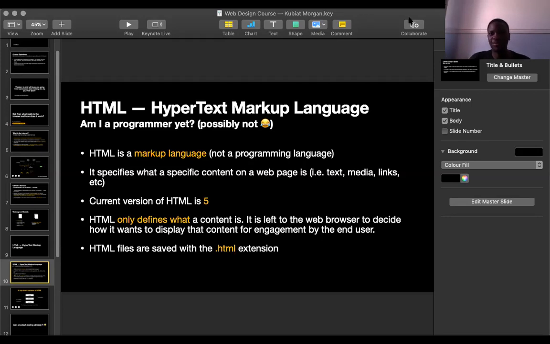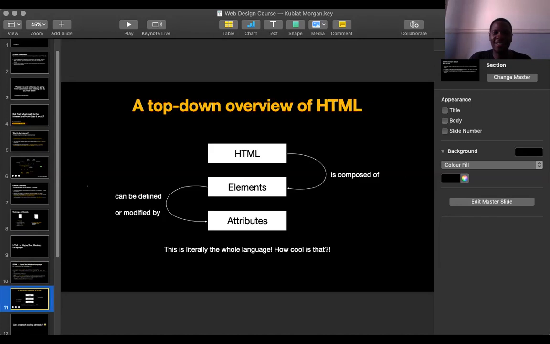If you have, you can list them on and on. If you have other examples, image files are saved with .png, .jpg, .svg. You have Word documents that are saved with .docx. Similarly, a web page or an HTML document is saved with the extension .html. Now, we'll look at a top-down overview